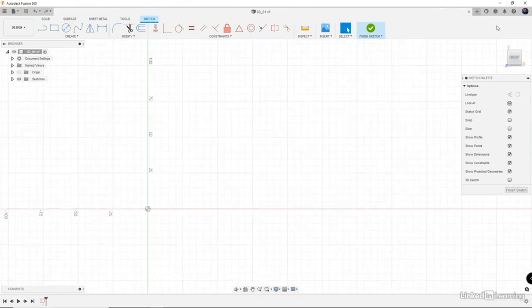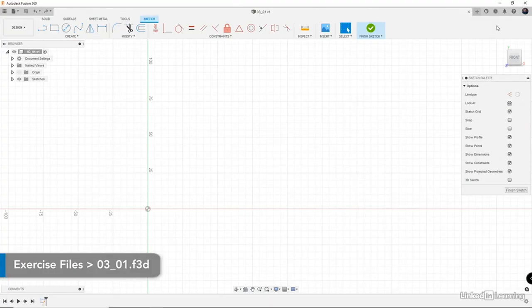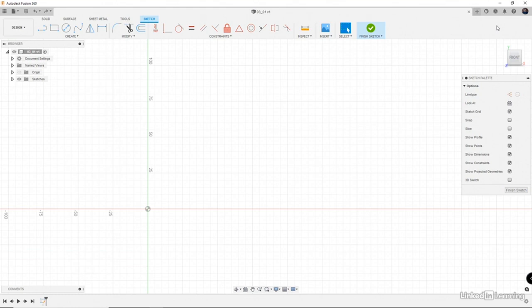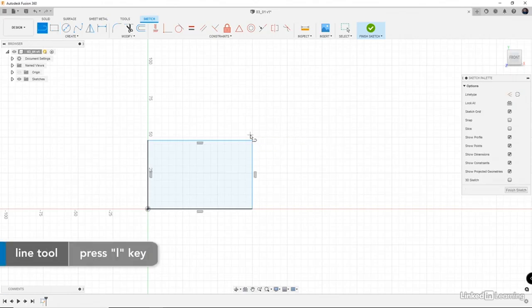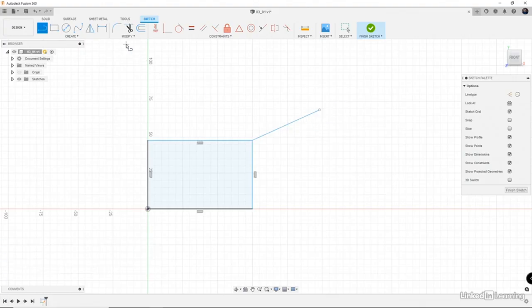Now let's go ahead and talk about parameters. Parameters are a really cool feature inside of Fusion 360, and it allows you to define values and variables to dimensions themselves. So let's go ahead and create a really simple rectangle. Just hit R, and we'll just do it right from the origin. We'll snap it, and then let's use the line tool and create a line that's connected to that. And then if we come in and use D for dimension and specify a dimension here,